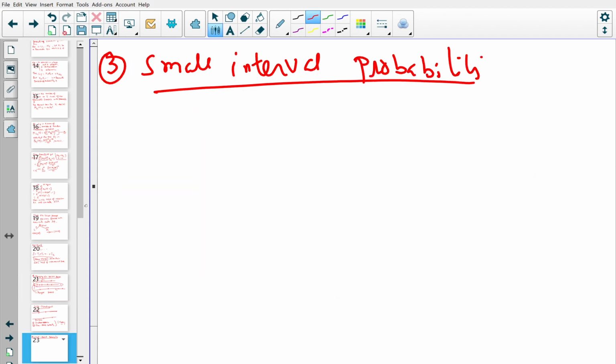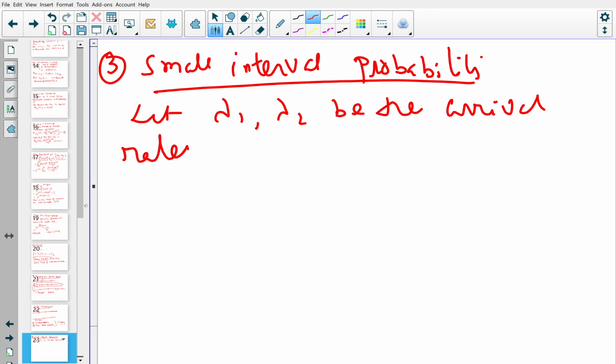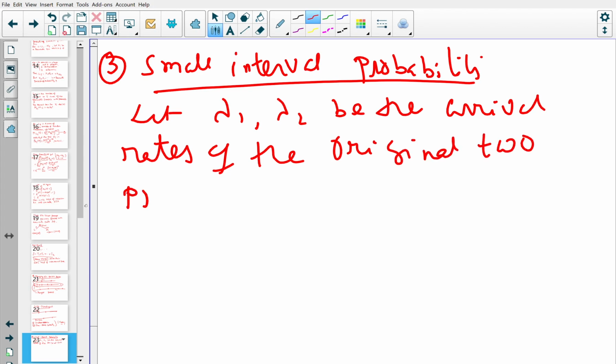So let lambda 1, lambda 2 be the arrival rates of the original two processes. Okay. Now for the merged process, you want to find out these probabilities